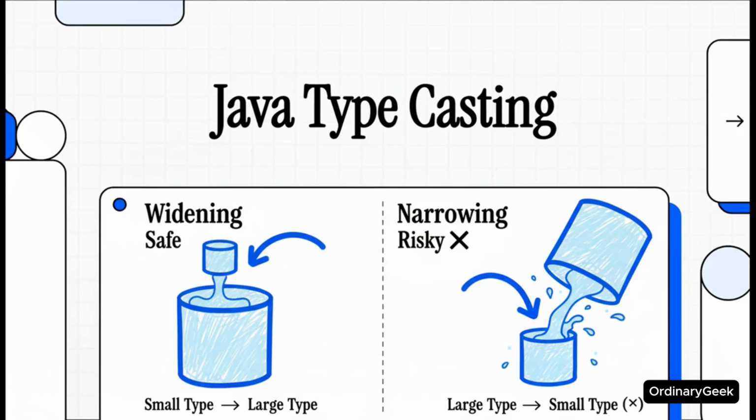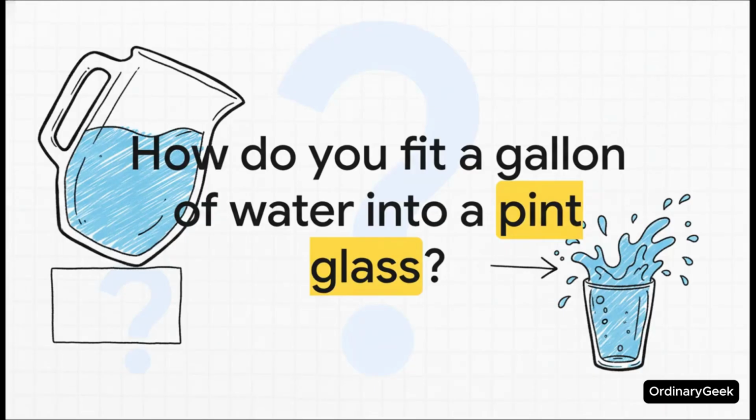All right, let's talk about something that's at the core of writing good, solid Java code, typecasting. We're going to break down what it is, how it works, and why it matters so much. Let's get into it. But first, before we even look at a line of code, let me ask you a